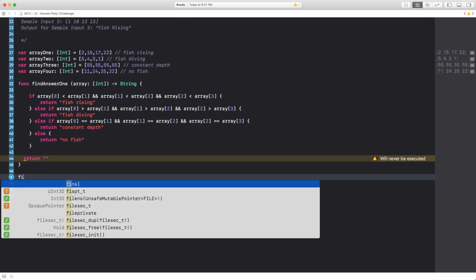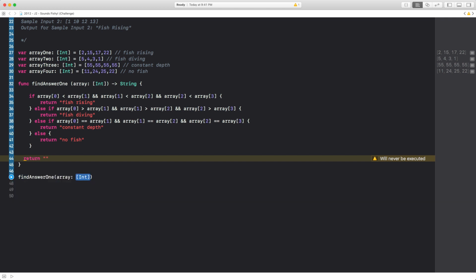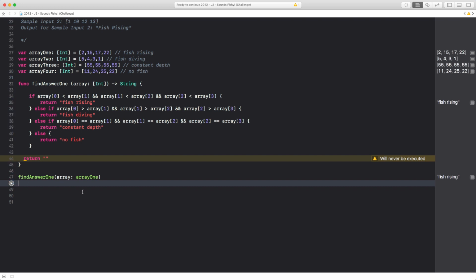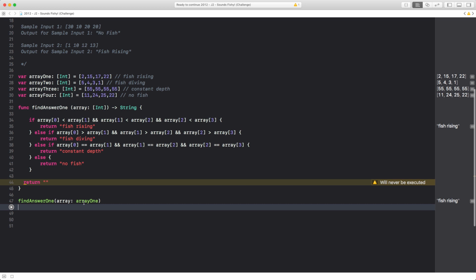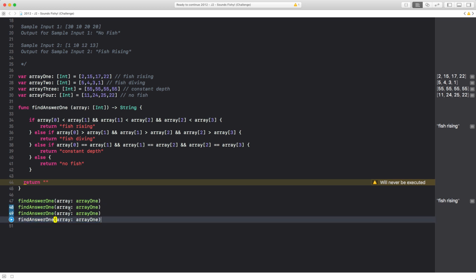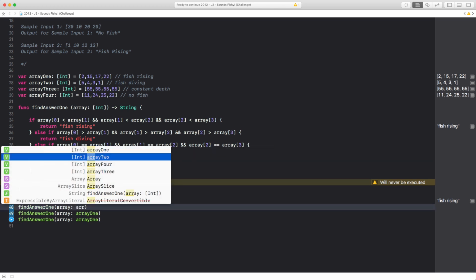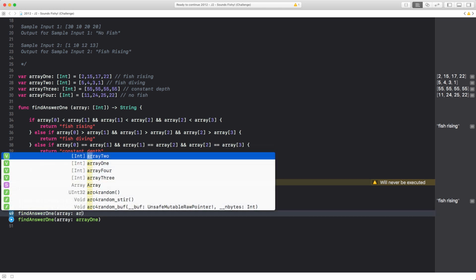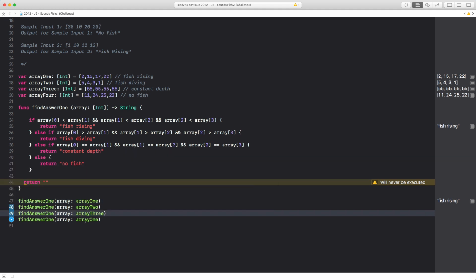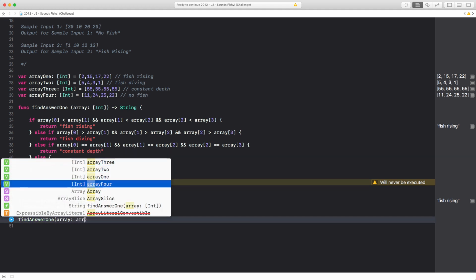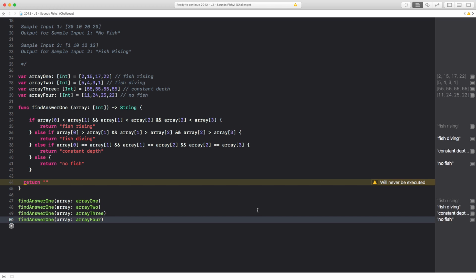I'm going to call this find answer A, and I'm going to put in array 1, and if I run this, it should return fish rising, like we expected. So I'm going to copy and paste this 4 times, except I'm going to change this to array 2, array 3, and array 4. And if we run all of this, surely enough, fish rising, fish diving, constant depth, and no fish,